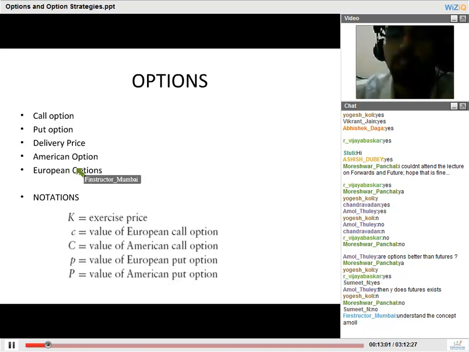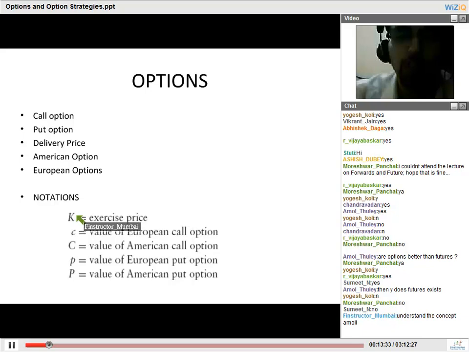European options can only be exercised at maturity. That means if the option is to buy the asset at 1,000 rupees, 3 months later, it can only be exercised 3 months later. So 3 months later, we will see the exact price. If the price is higher, the buyer of a call option will exercise it. Or if the price is lower, the buyer of a put option will exercise it. Again, we'll understand these concepts in more detail. We'll understand the payoff diagrams of both call and put options. The concept is going to become clearer as the class progresses.